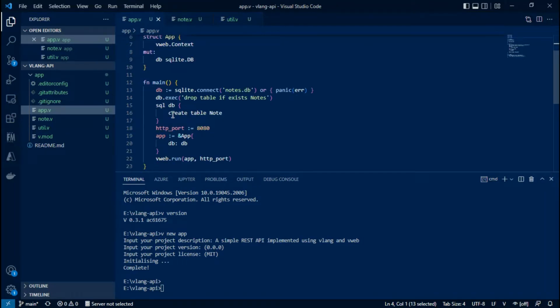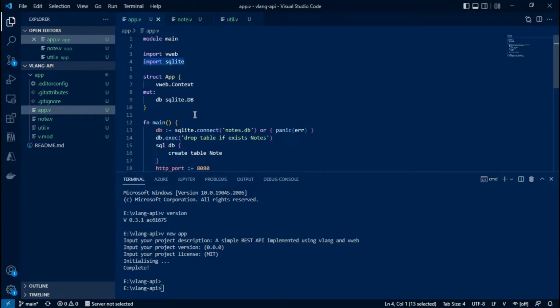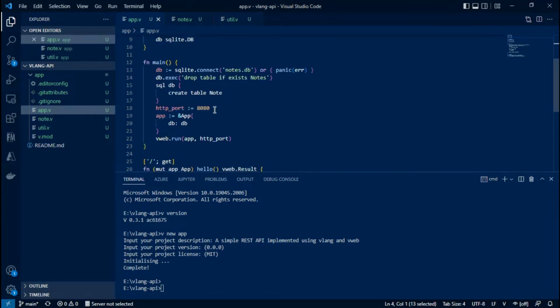If you look at the other lines in the main function, we also have defined the HTTP port, which is the port that this application runs on, which is 8080. We then finally run our vweb based REST API by providing arguments app and HTTP port.